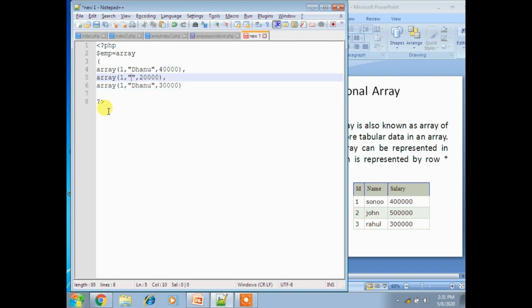Here I can use John, Abi. I'm taking 2. So here we can store the data from the table above in a 2-dimensional array like this. Now the 2-dimensional $emp array contains 4 arrays.